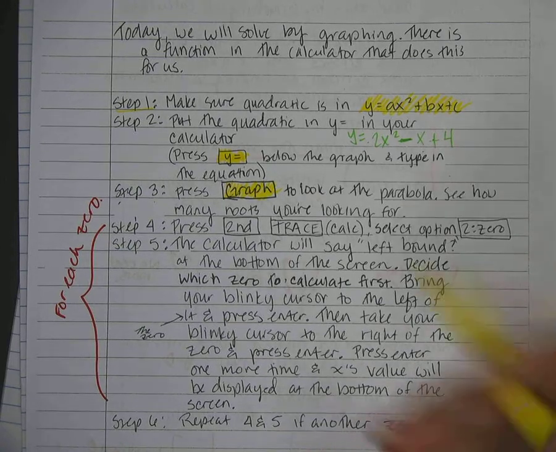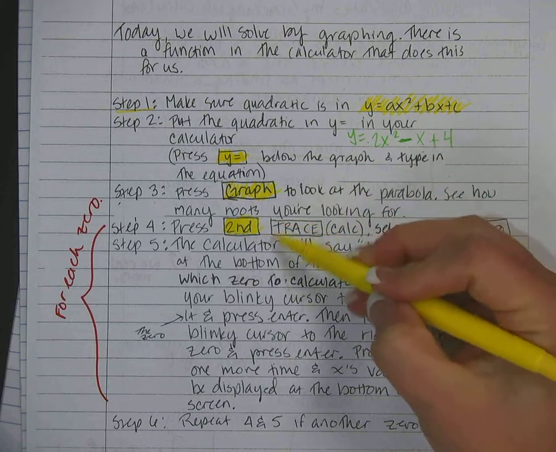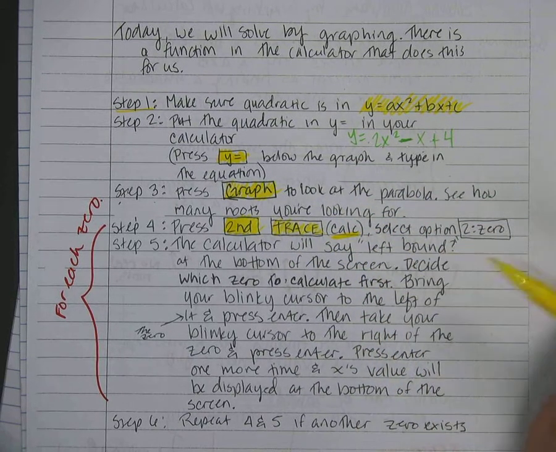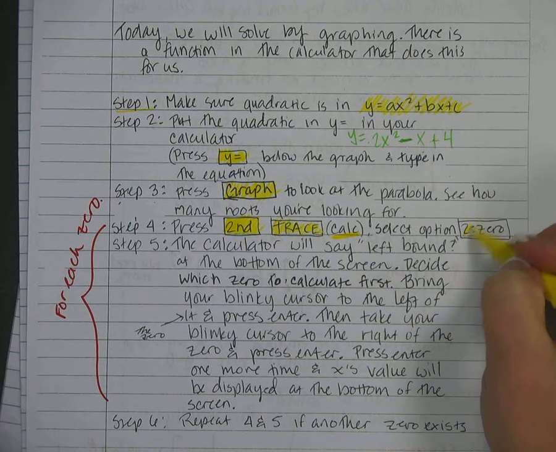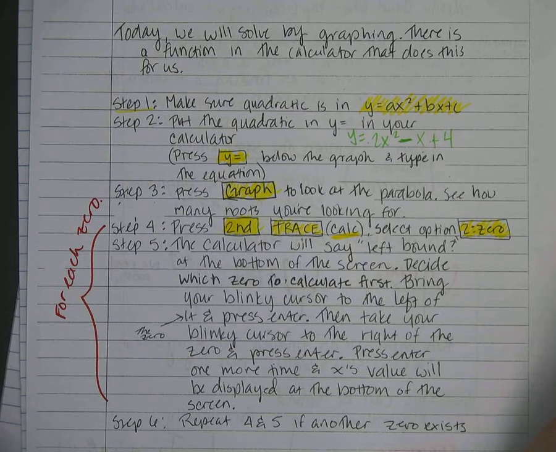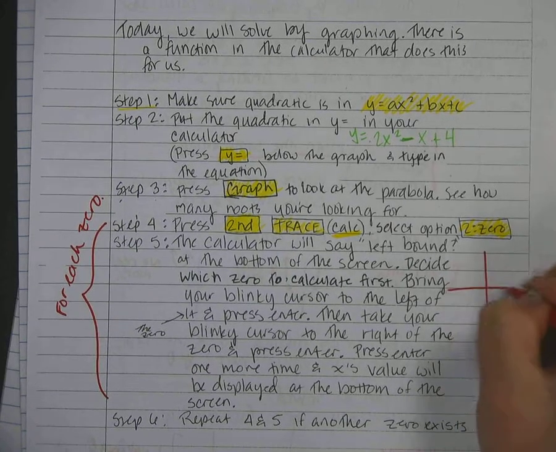So you're going to press second, trace, which is calculate, then select option 2, which is zero. Now the calculator is going to ask you left bound, and it's going to give you this little blinky cursor. It wants you to go to the left of whatever 0 you're working with, but the problem is whenever you're looking at a parabola,